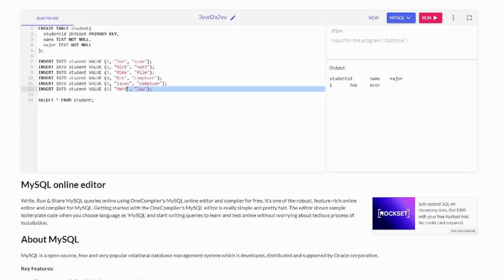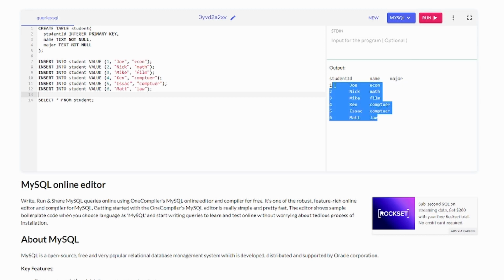Alright, so I have added a few data into our table. Let's go and populate them. And as you can see, they have been populated. And select all columns. The star is meant for all columns from student. Again, it shows everything from that table. There's actually another way that we can